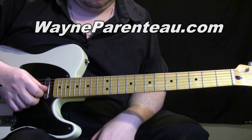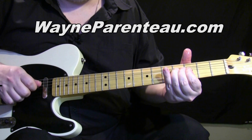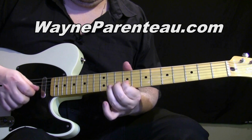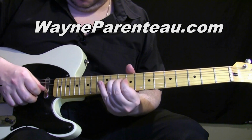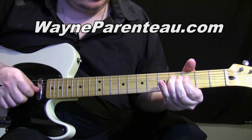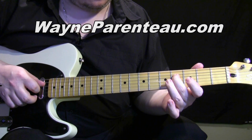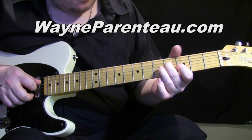It's a very basic thing, but you get a different sound with that first string always being played open. There's more of a country thing for you. Here I'm just bending really high on that 4th fret, 3rd string. And then going same fret to the 4th string. And on the 4th string I'm just sliding from the 4th fret to the 6th fret